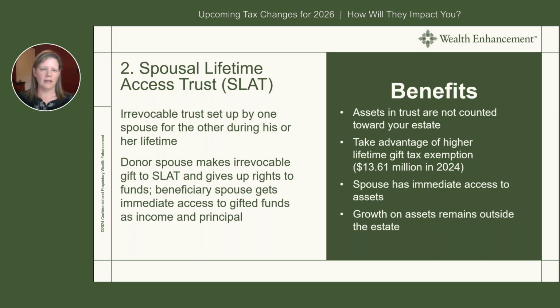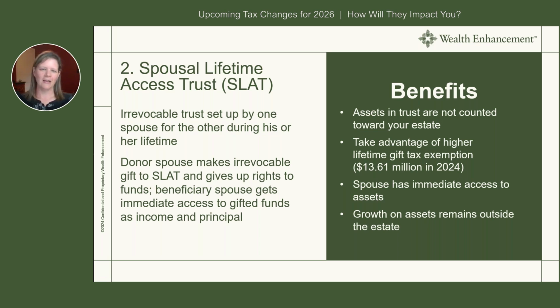So one way you can give away that 13.61 million, it doesn't necessarily need to be the 13 million. You can give away, you know, 7, 10, whatever. But in order to lock in the high exemption amount, you can take the exemption and put it into a spousal lifetime trust, which we call a SLAT. We really like our acronyms in the estate planning world, so you're going to see a lot of them